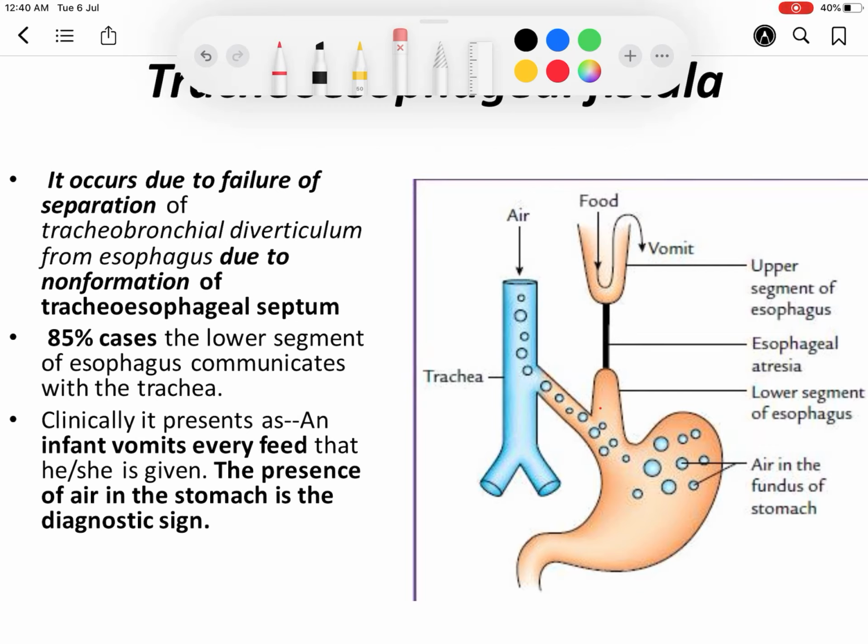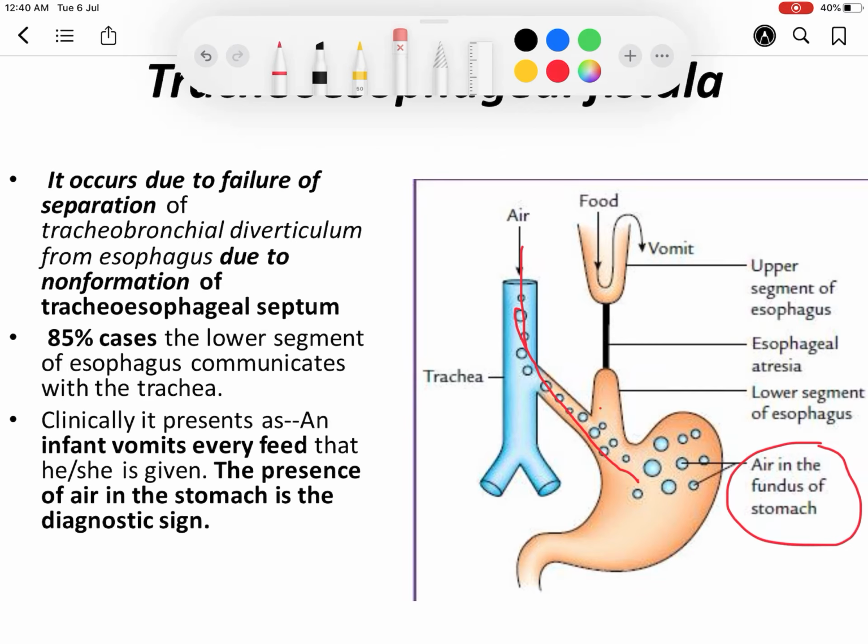That's why air from the trachea is entering via the esophagus into the stomach. That's why excessive air in the stomach is seen, and this is the diagnostic sign of